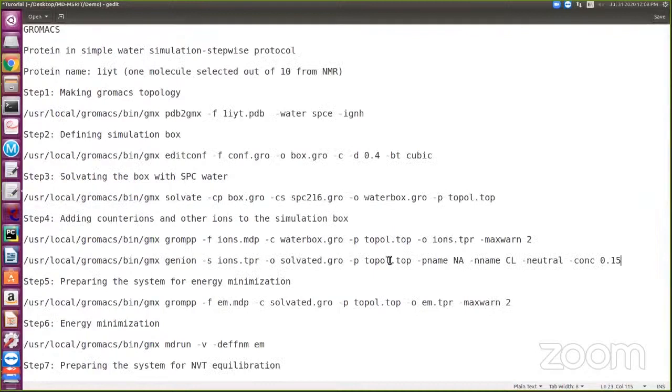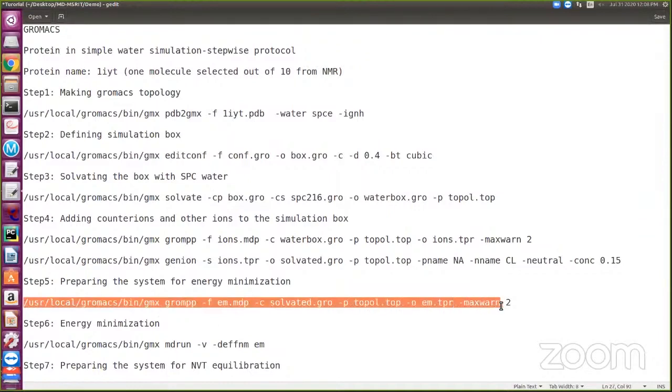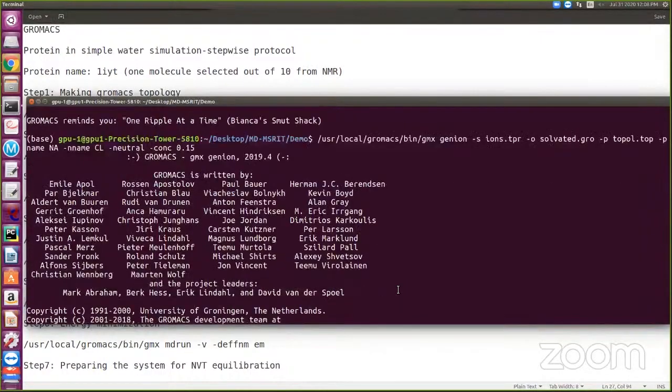So the next step is I have to perform energy minimization. Energy minimization is very important. We want the protein to reach a low free energy state. To perform that, I'll copy this and paste it in this place.